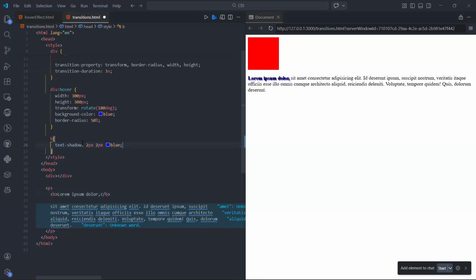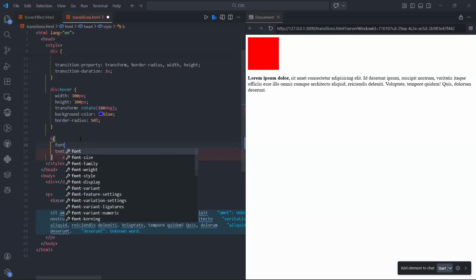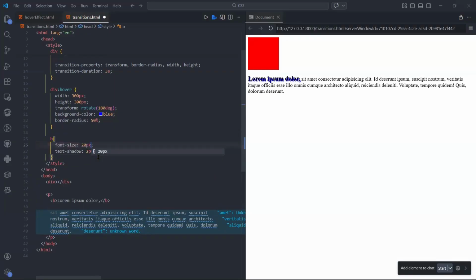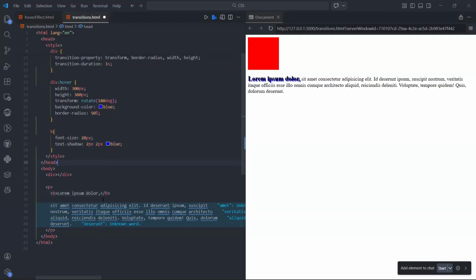Because it is smaller, we cannot even see it clearly. So we can add maybe the font size, and then we can say we want the font size to be 20 pixels. Right? So we see that this one is bigger than all the other ones. So sometimes, in order to have some effect like this, some people can just target one of the elements, one